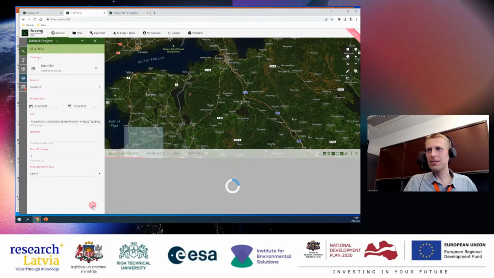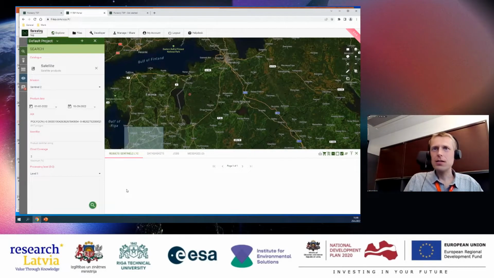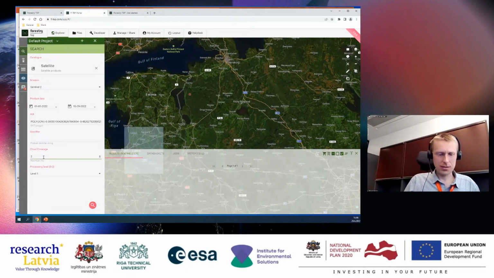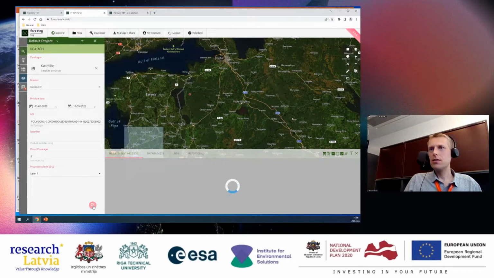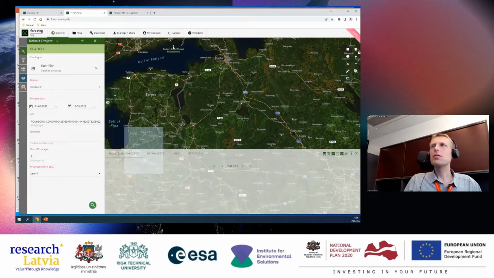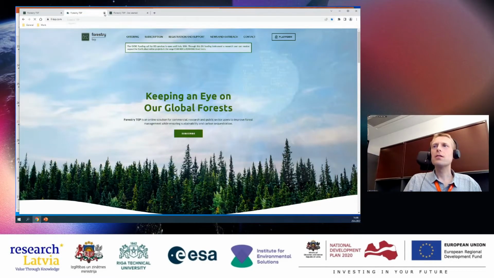Restarting computer. Oh. Yeah, would it help to log out and log in? I don't know. Yeah, it could, if it doesn't work. Oh, okay, let's try. Oh, you're searching over Latvia, so maybe this is why in Latvia we can get it.